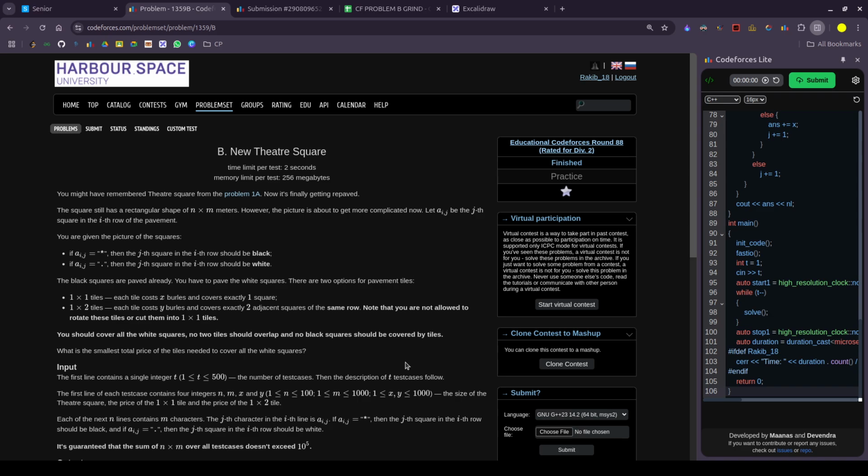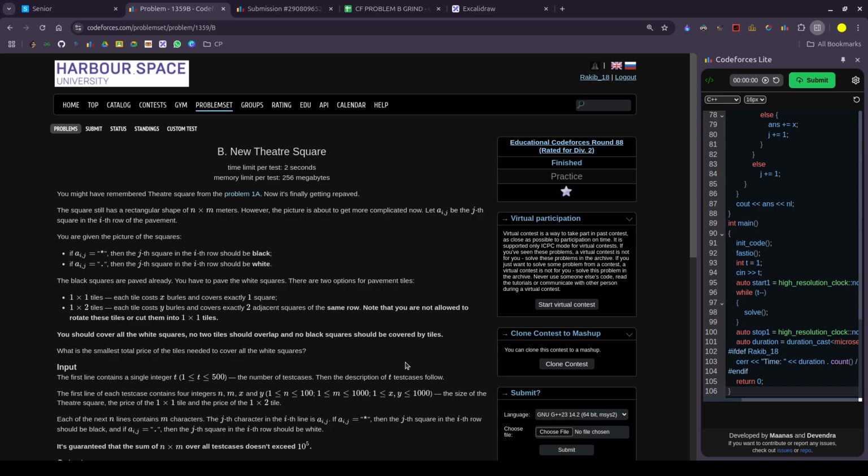Let's say a[i][j] is the jth square in the ith row of the pavement. You are given the picture of the square. If a[i][j] is a star, then the jth square in the ith row should be black. If it is a dot, then it should be white. So the black squares are paved already, you have to pave the white squares. There are two options of pavement tiles: one into one tiles, each costs x burles and covers exactly one square, and one into two tiles, each costs y burles and covers exactly two